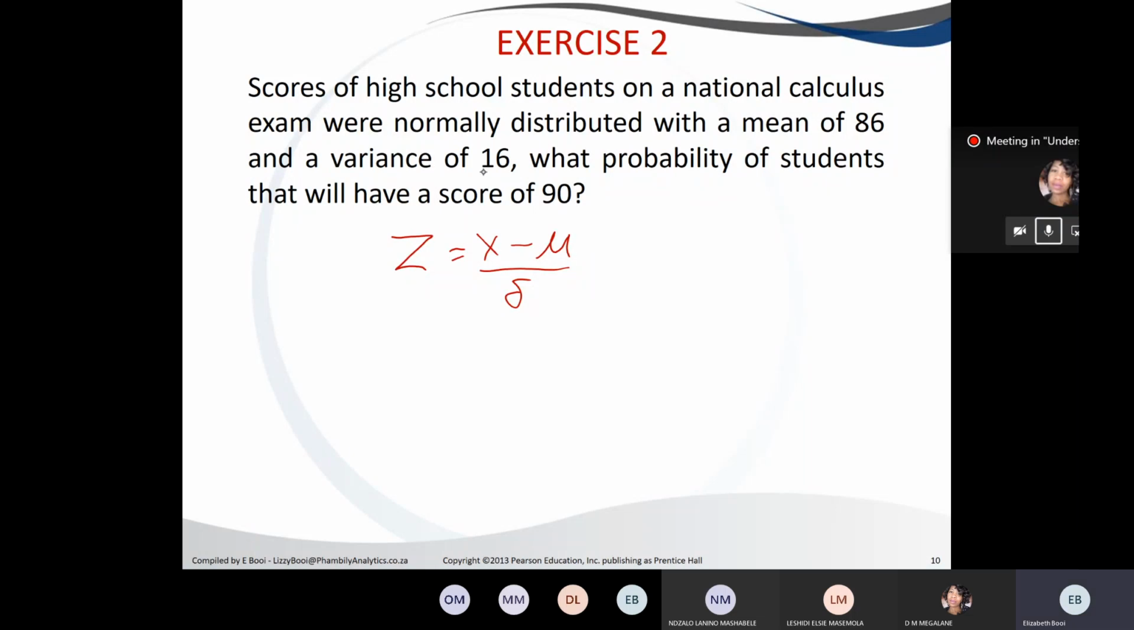Remember, you are also being given the variance. Sorry, my thing keeps on going out. You are given the variance, you need to find the standard deviation. Therefore, you're going to also identify what you're given. You are given the mean, you are given the variance, which is sigma squared. And if I'm given sigma squared, I can find the standard deviation by taking the square root of sigma squared. Therefore, I need to find the root of 16, which will give me my standard deviation, which will be the square root of 16